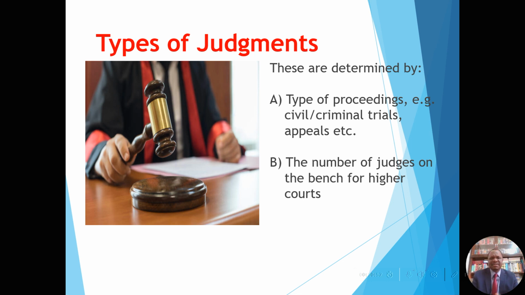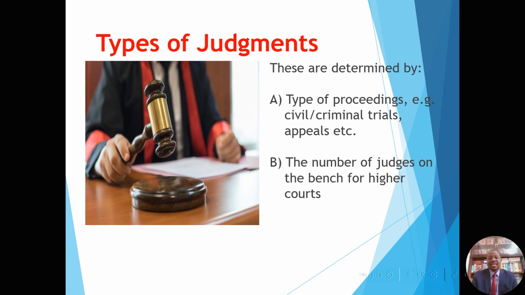So the determination of the judgment will be, as we shall see in the proceeding slides, the judgment has to focus on the issues that the court had to determine. If it's a civil trial but on appeal, whether civil or criminal, a judgment on appeal has to address all the grounds of appeal. If it's a criminal trial, of course, the elements of the crime are issues that the judgment must address, the elements of the crime which is the subject of the judgment.